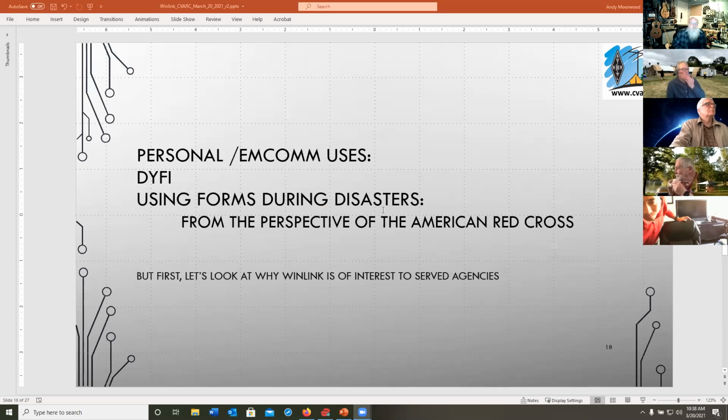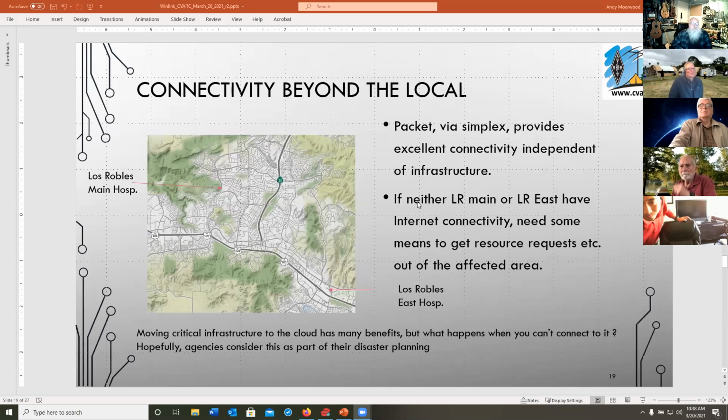Okay, so I want to go to a couple of use cases, DYFI, and some of the things we've been doing with some of the served agencies. Well, let's have a quick look. Why would a served agency be interested in Winlink? And so here